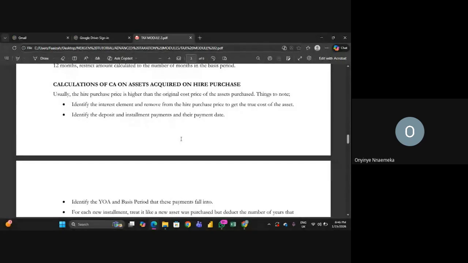Remember that the cost of hire purchase is higher than the original price of the asset. When you buy things on hire purchase, they have an added interest element, right? So now, what are the things that you're going to do? When you have an asset that has been purchased on hire purchase,